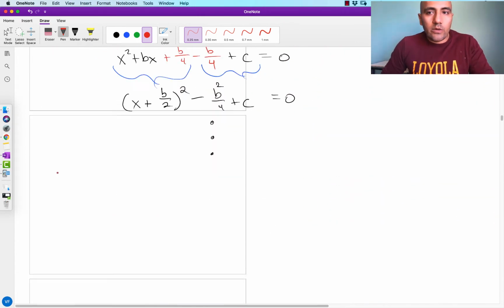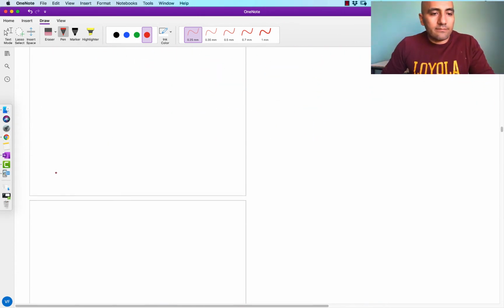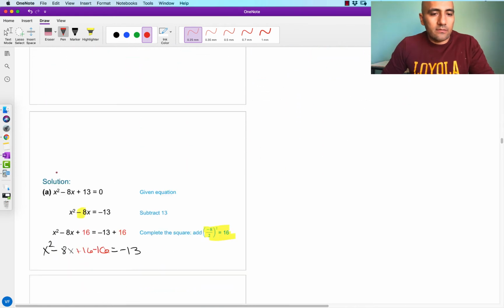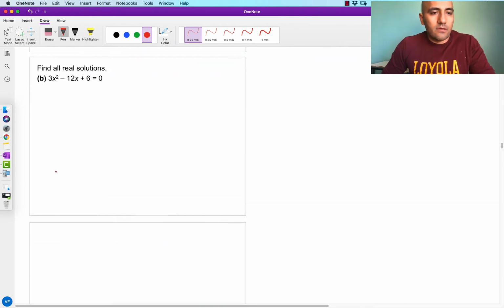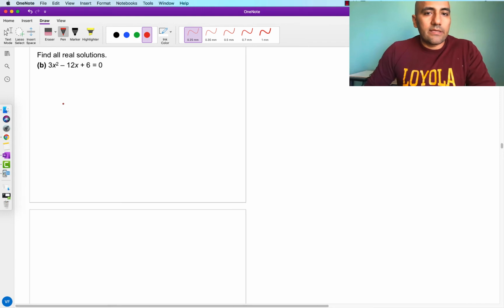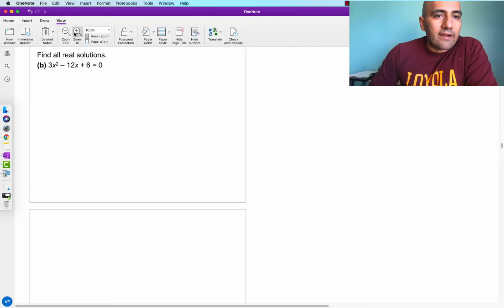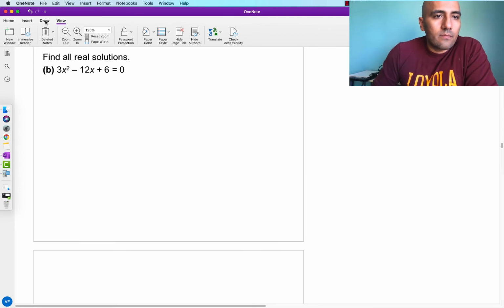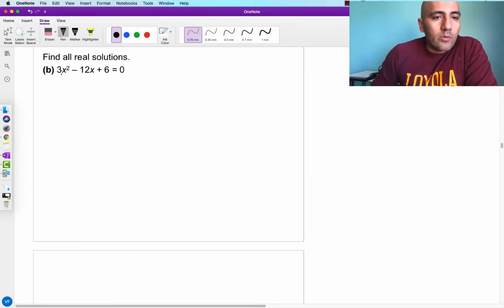So what do we do when we have something that's not a 1 there? How do we deal with it then? The way we deal with this one is going to be to simply factor out the 3. Right, so let me put this over here. So what we're going to do is step 1, we're going to factor out a 3 in order to guarantee that there's a 1 there. So we're going to factor out a 3, and then we end up with x squared minus